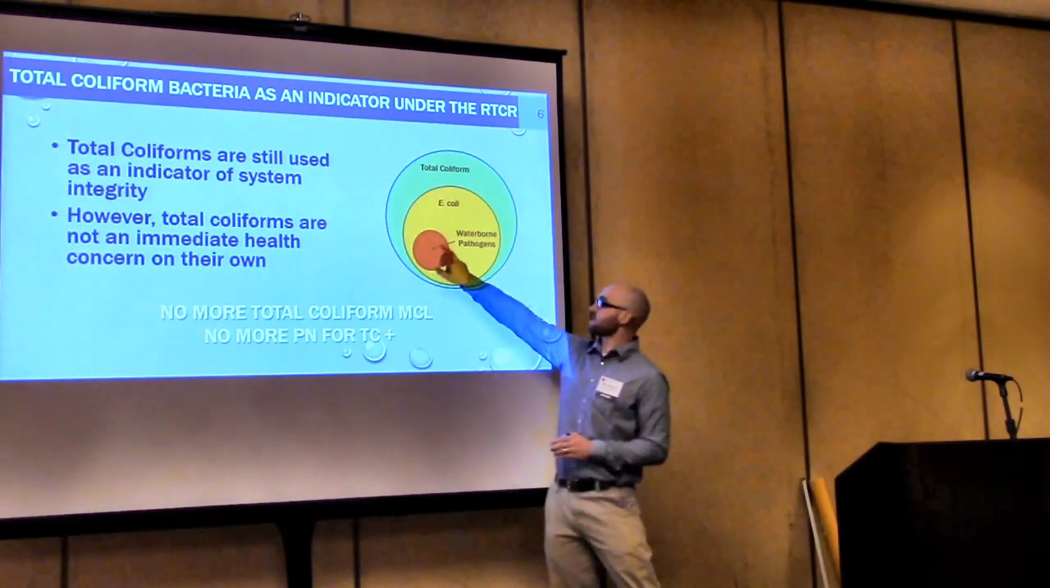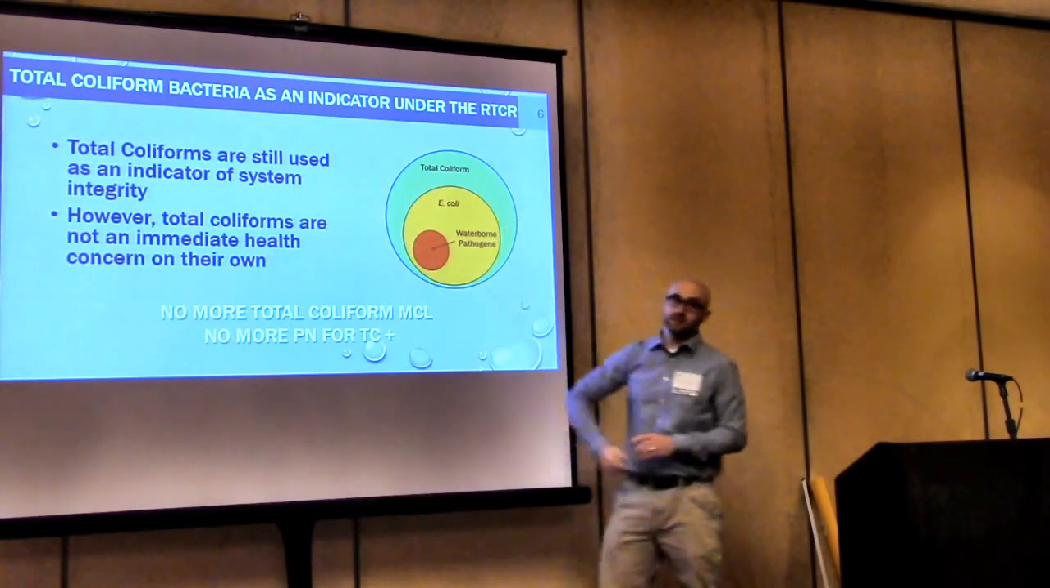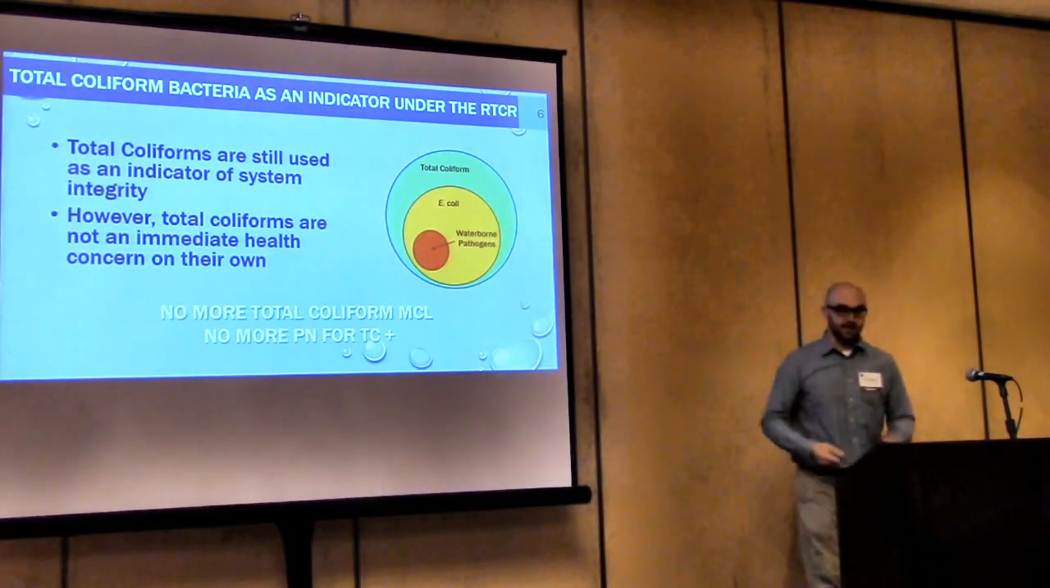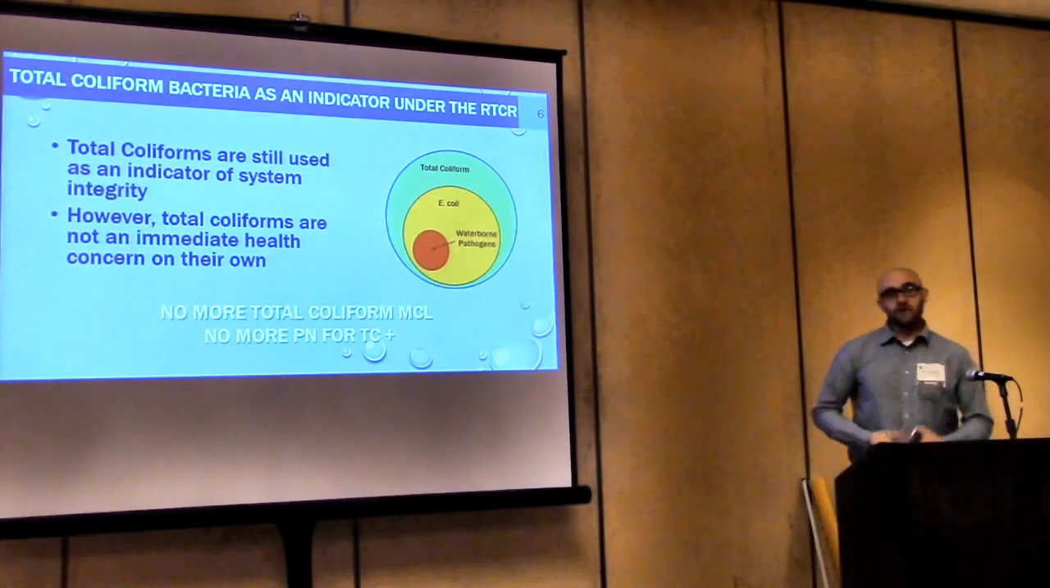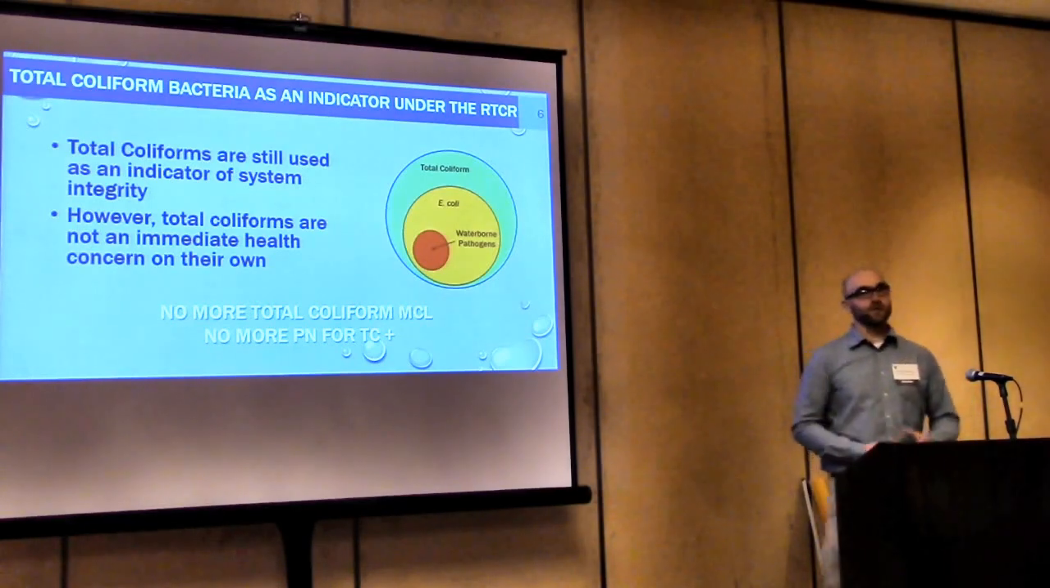If there's a chance that this is getting in, there's also a chance that that's getting in, and this is a lot easier and simpler to test for. So that's the idea. So under the revised total coliform rule, they've done away with the total coliform MCL,